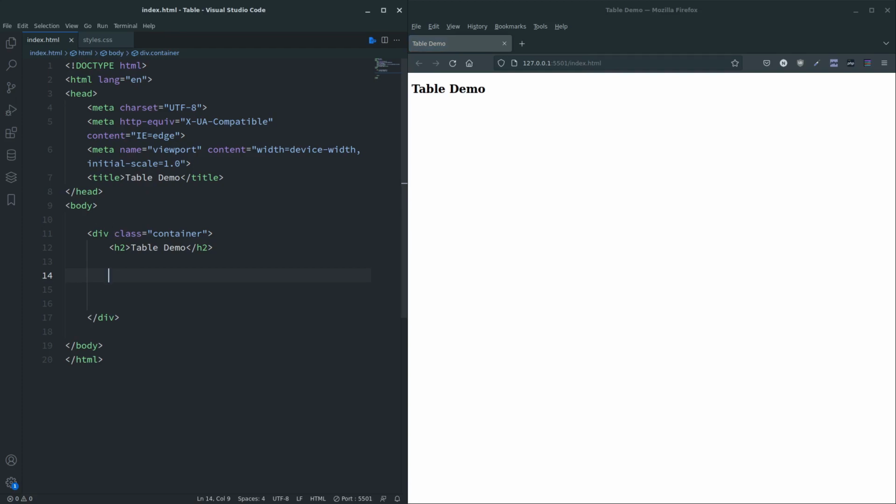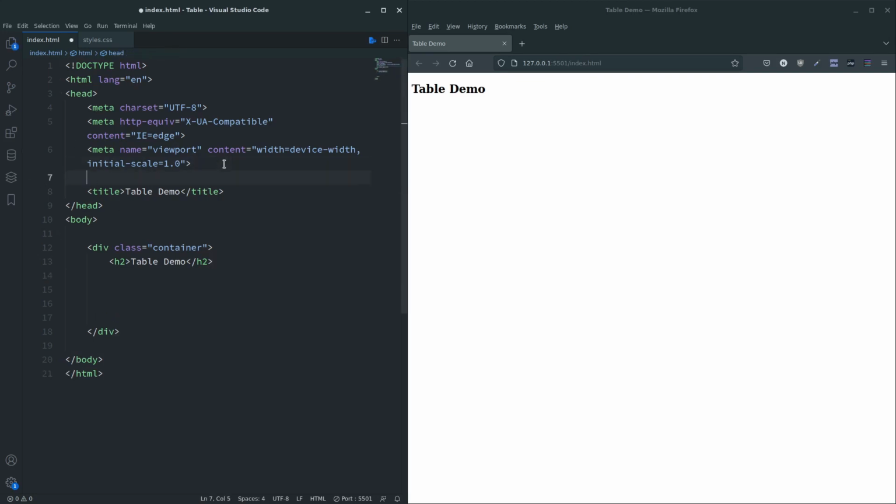Now, let's do the markup. I was going to go off and get the font, but what we do need to do before we do anything else is link the style sheet. So link tab, and you've got this to fill in. Just fill the href in with the name of your file because it's in the same directory. There's no need to do anything else there. So under the H2 we're going to create a table with the table tag,